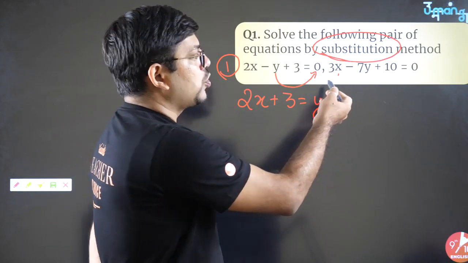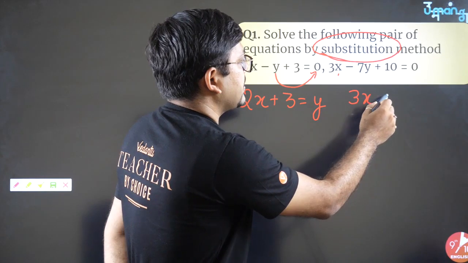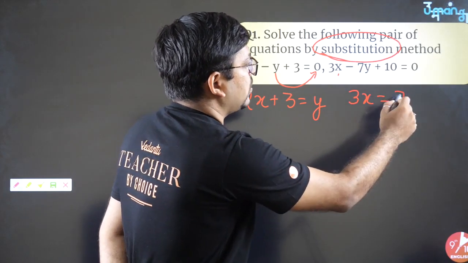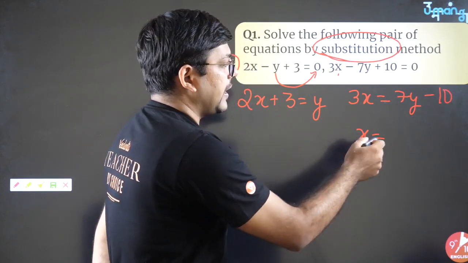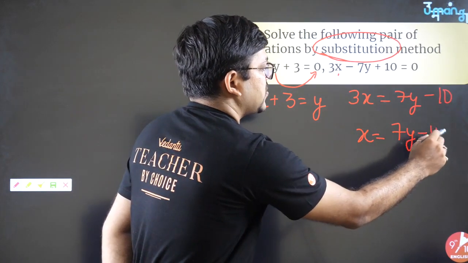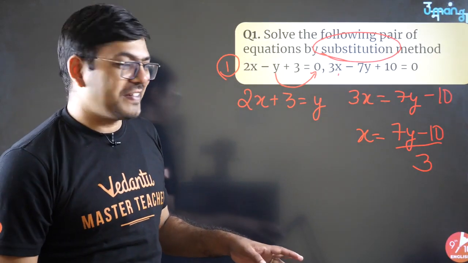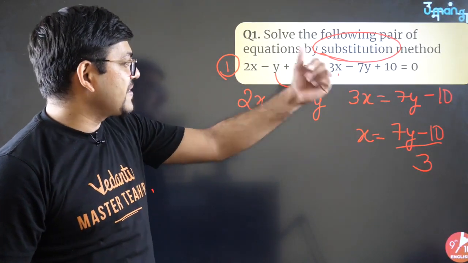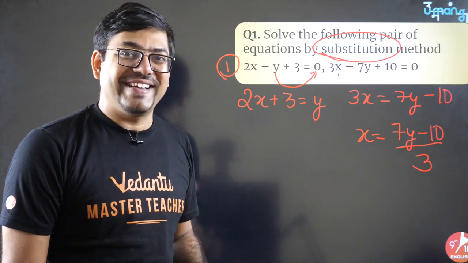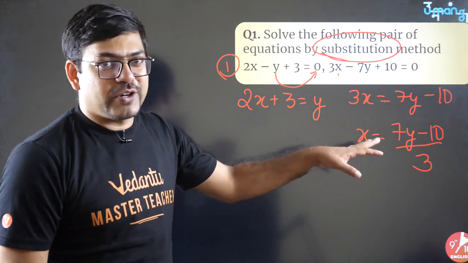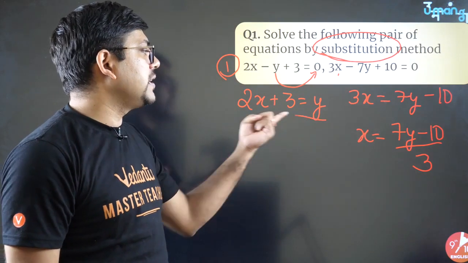So say for example, you want to find x or y, whatever you find. If you find 3x, you will write 7y sending to that side, 10 to that side, minus 10, and hence finally you will get x is equals to 7y minus 10 upon 3, which is not looking so happy a term, isn't it? Because if you substitute this in the first equation, you will have to actually fight to get the answer, isn't it? So that's why I would not suggest you to go with this method, means go with this value. Rather, this is an easier version.